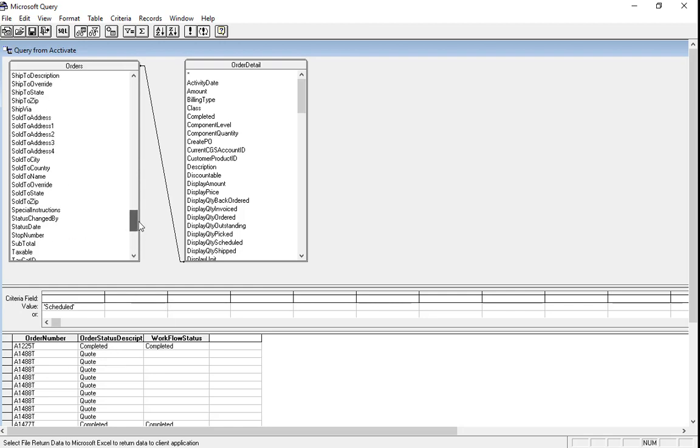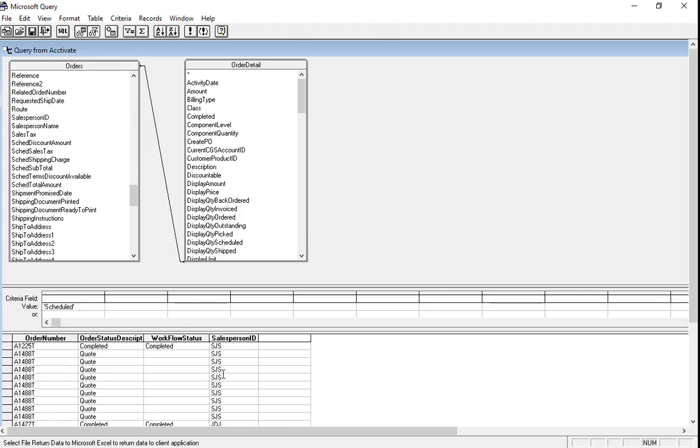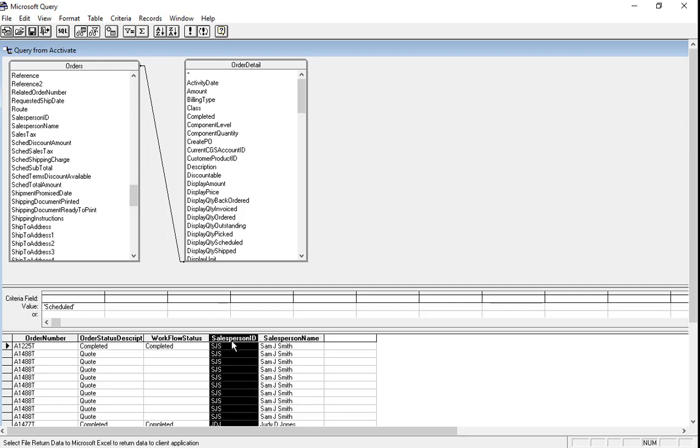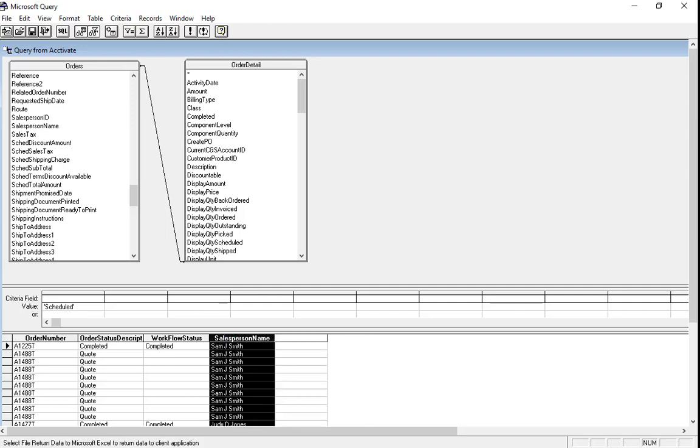I'm also going to select my salesperson name. Again, same concept with the order status and order status description. I could add the salesperson ID if that's all I care about, or if I want the longer salesperson name, I can choose salesperson name. In this case, I'm going to remove the salesperson ID, and I'm removing those columns by simply clicking the delete